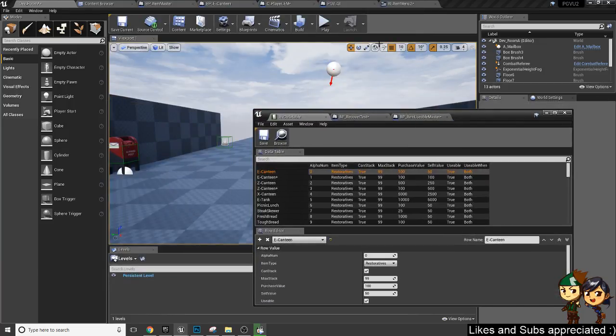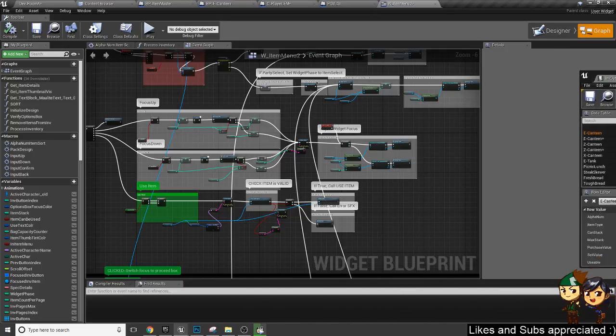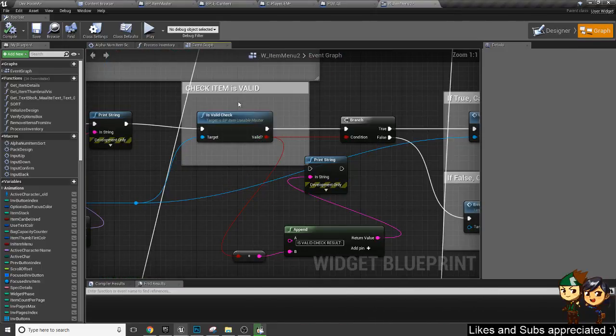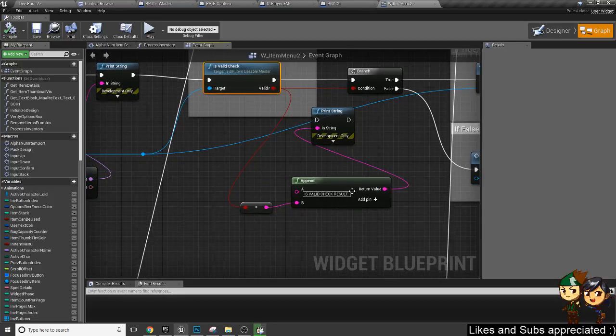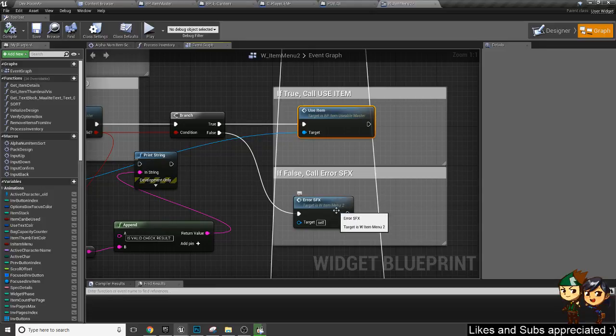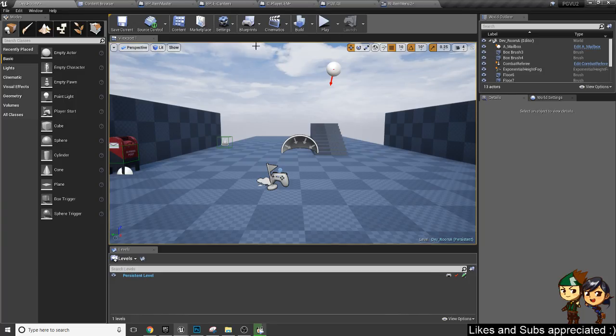And over on the item menu, let me move this off to the side for now. Over on the item menu, we have that function that we call, and we grab what it is, and then we check if it's true, we use item, and if it's false, we get our error sound effect. So in execution,